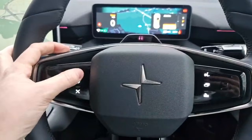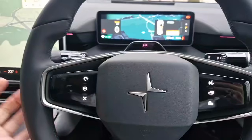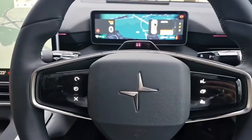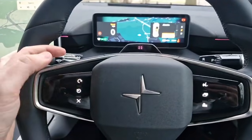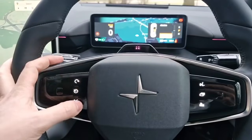We have the little backward arrow, the speed gauge and the cross. That is the ability to activate the adaptive cruise control system. If you have the Pilot pack, this will of course activate the Pilot assist as well. If you need to intervene via the brake, the backward arrow will then reset the system and the cross will